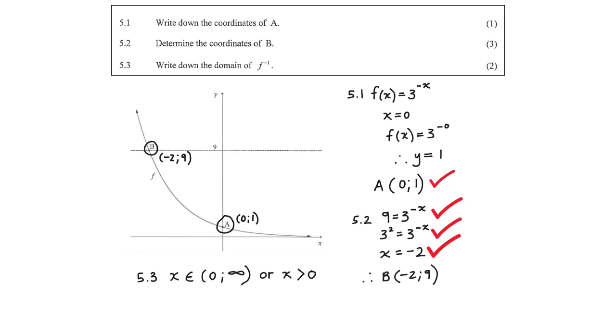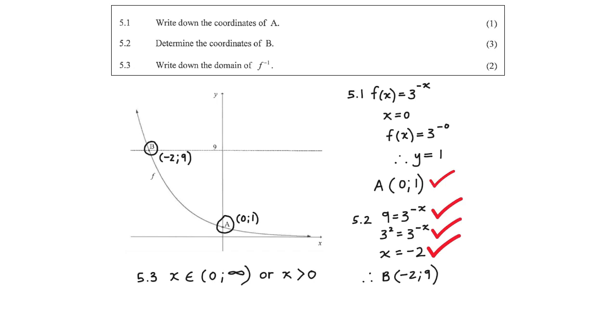And please note the round brackets. The round bracket on the left shows that 0 is not included. And the round bracket at the right shows that infinity is not included. And infinity is never included. Another way that you can write it is, you can also say all x values bigger than 0, where x is an element of real numbers.